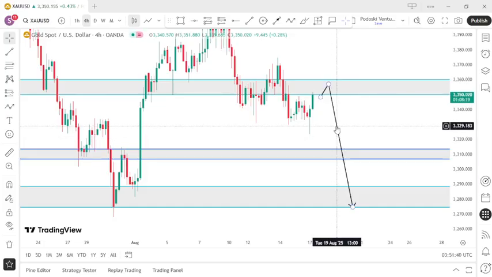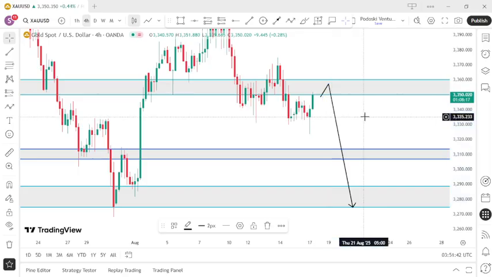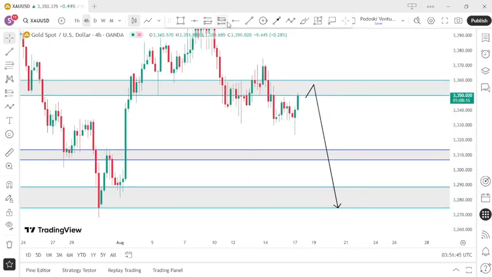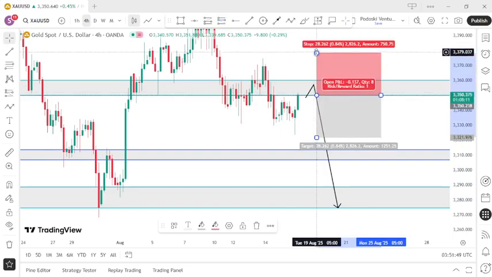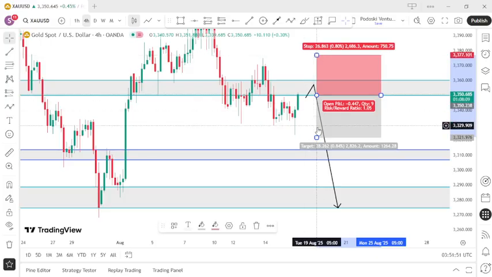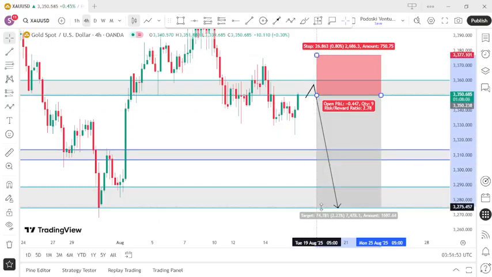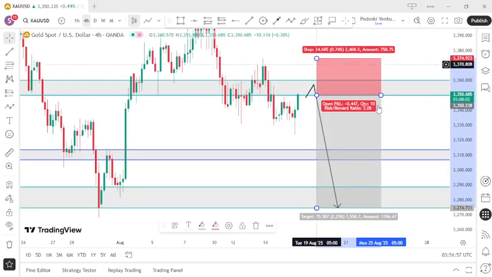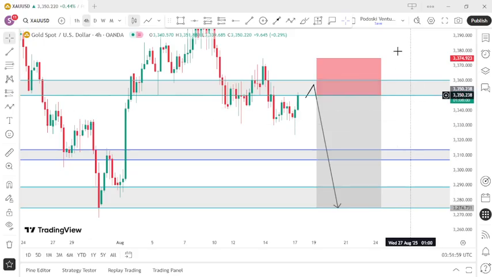So price is currently at our zone. So what you are going to be doing is waiting for a candle confirmation before we take the sell on gold. So that's it on gold. Let's move on to the next pair, which is